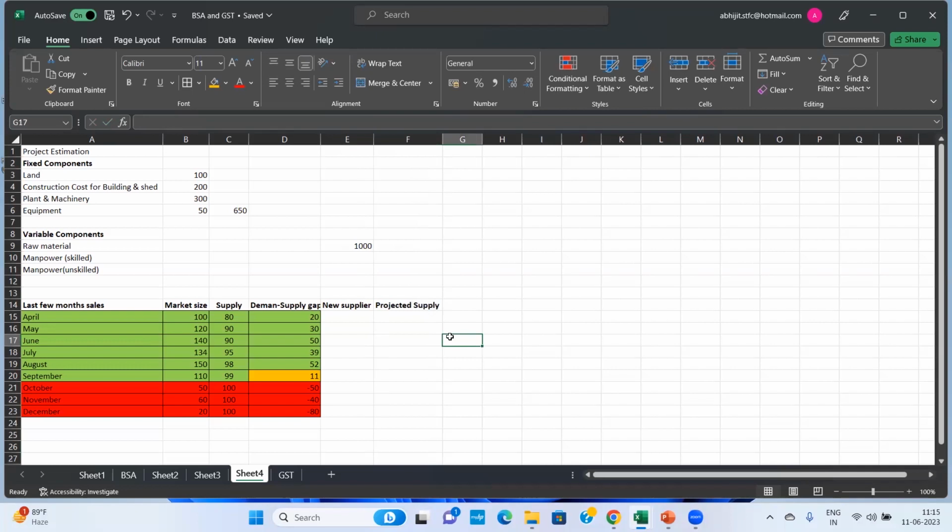Then I will be able to understand what will be my actual demand supply gap for the next year. So in the meantime, say there are 5 new suppliers or new players who have entered the market where I am playing, and there is additional supply of say 10 units every month. Demand, I assume, remains the same. Now, the actual demand supply gap is